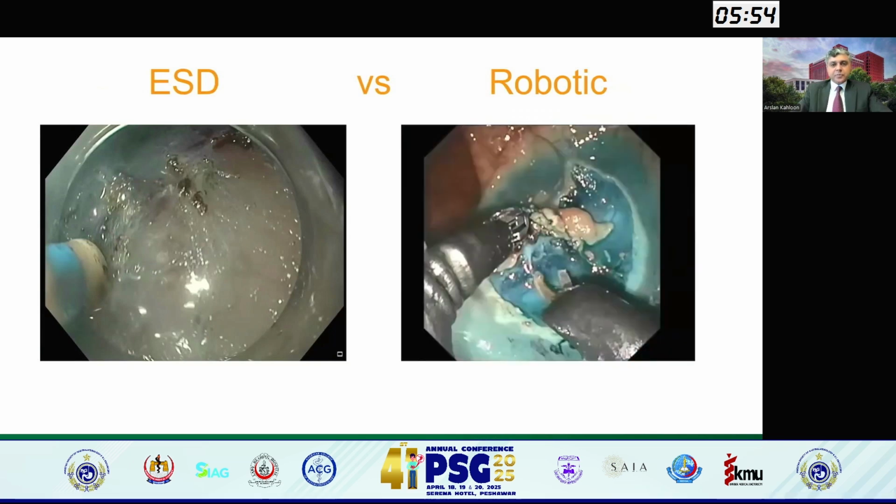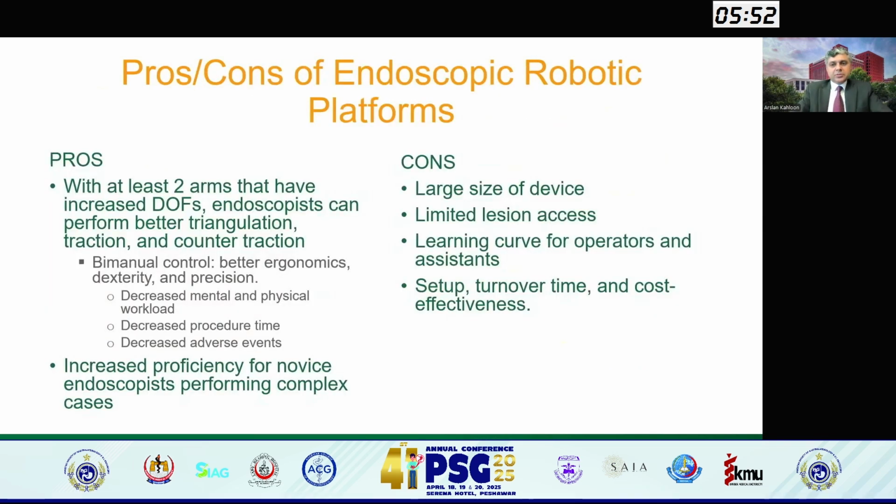So just wrapping up, some of these robotic platforms and the pros and cons for that. The pros are definitely that there are two arms that have increased degrees of freedom. Endoscopists can perform better triangulation, traction, and counter traction, which can overall increase better ergonomics, dexterity, and precision for the operators, with decreasing mental and physical workload overall, decreasing procedural times, and decreasing adverse events, and definitely can have a much faster learning curve for endoscopists who are new to these techniques,